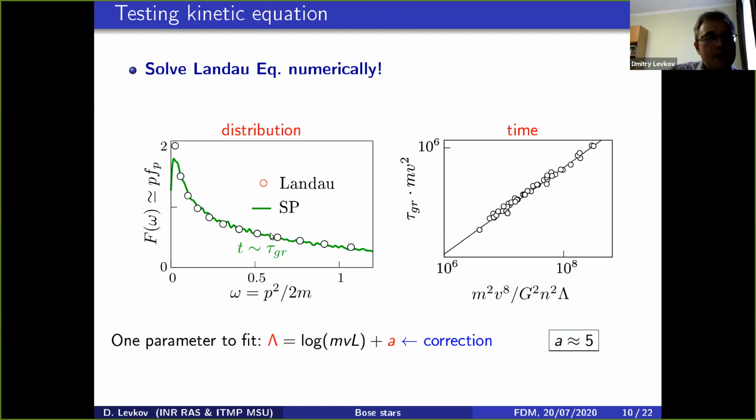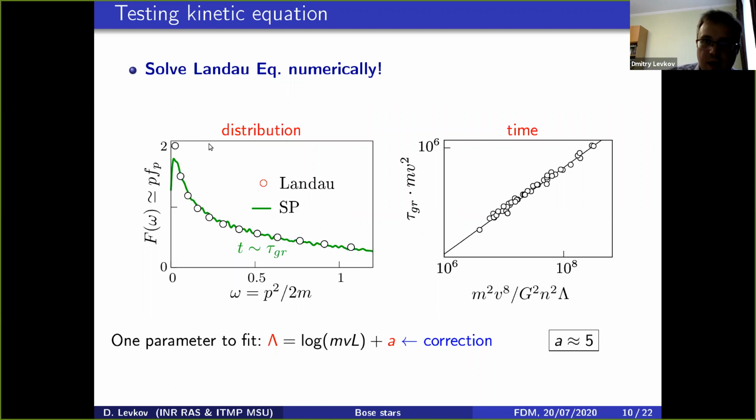Now we can test the kinetic equation. We solved the Landau equation numerically, the kinetic equation, and this picture shows the distribution at approximately the middle of the kinetic evolution. The green line is our simulation of the Schrödinger-Poisson system, and the points represent the solution of the kinetic equation. There is agreement everywhere except for small omega. At small omega, the Landau equation develops a singularity,